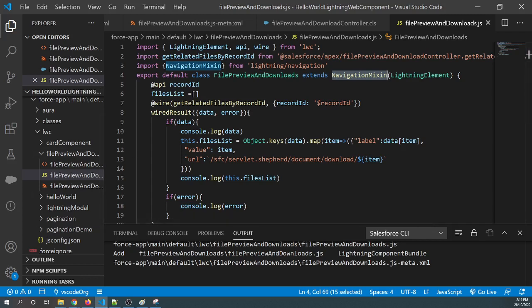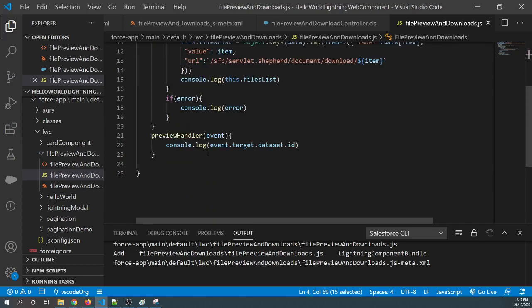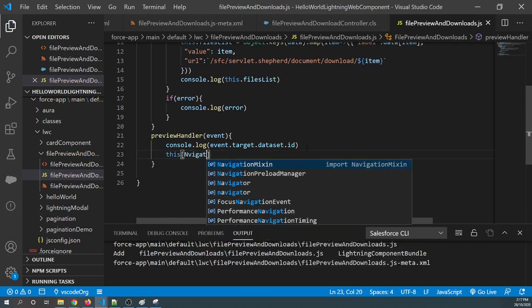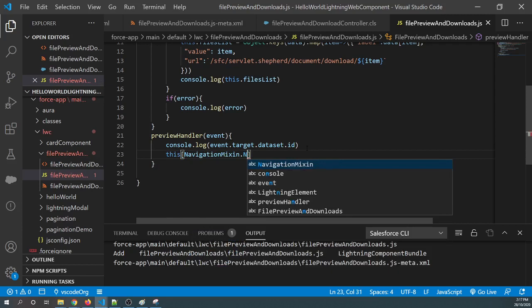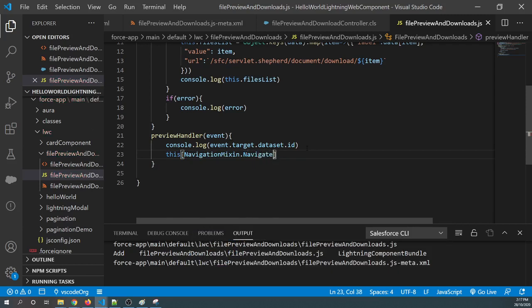Okay, now I have the navigation features available in my component. Now on click of that button, I want to navigate to the file preview. If you already know how the navigation works, we'll go to the NavigationMixin and call the navigate method, and we'll pass some things with this navigate method.